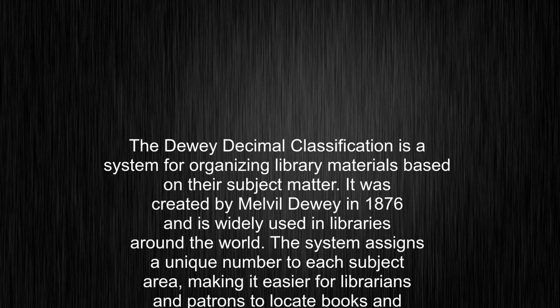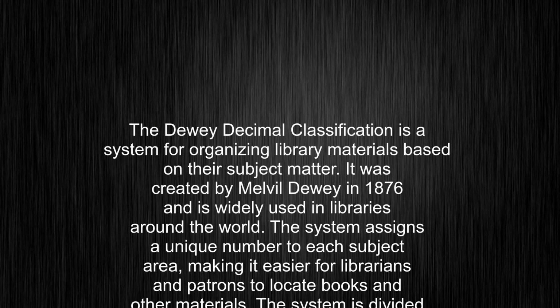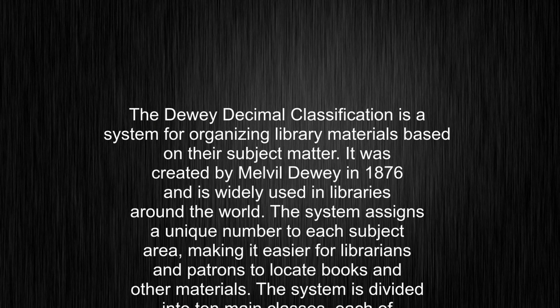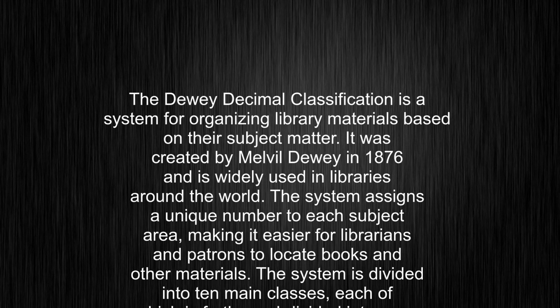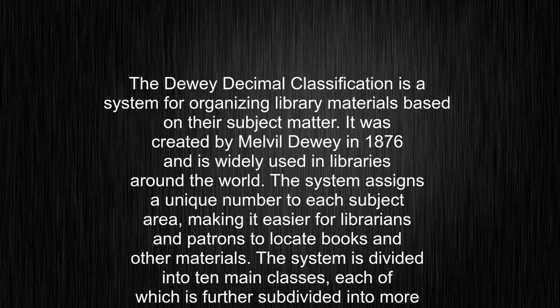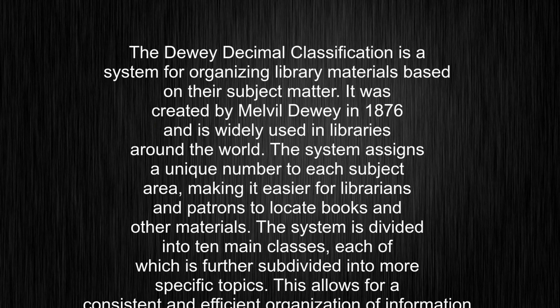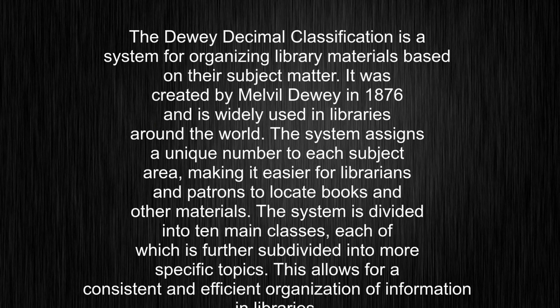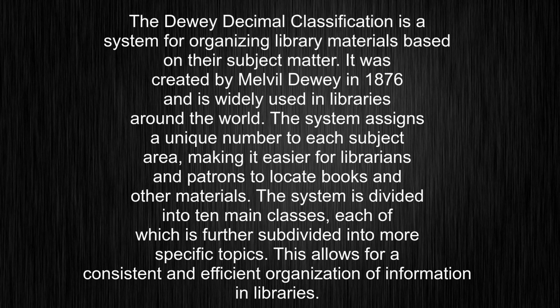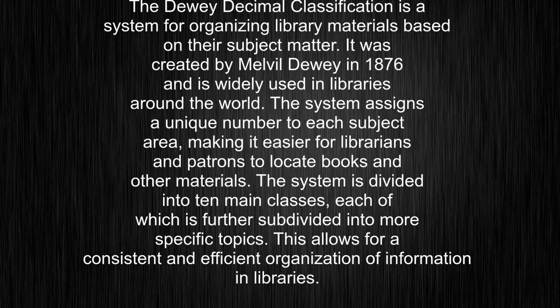The Dewey Decimal Classification is a system for organizing library materials based on their subject matter. It was created by Melville Dewey in 1876 and is widely used in libraries around the world. The system assigns a unique number to each subject area, making it easier for librarians and patrons to locate books